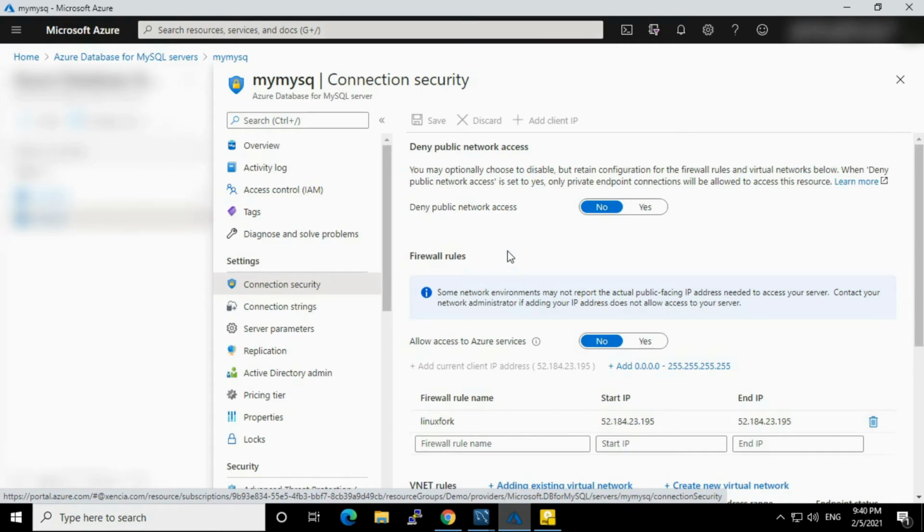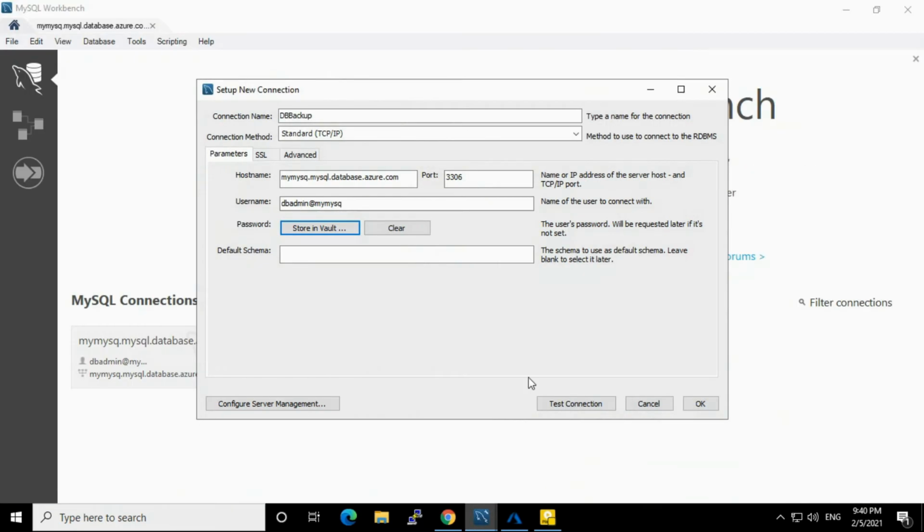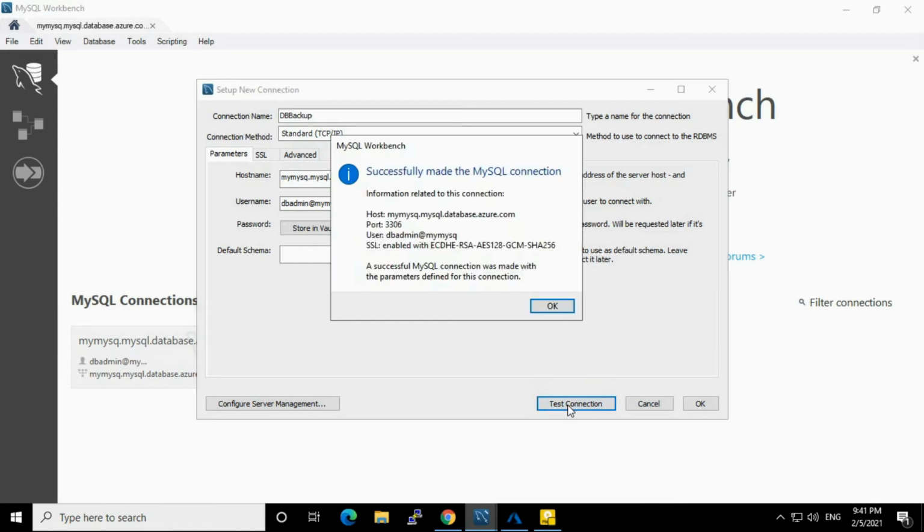First of all you need to whitelist your public IP here, on the firewall you need to allow that. No issue, I have already whitelisted. Now just test the connection. The connection is successful. Successfully made the MySQL connection.